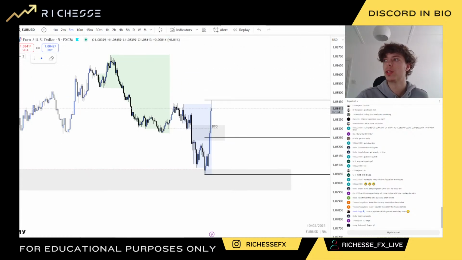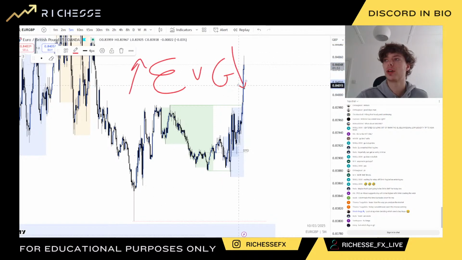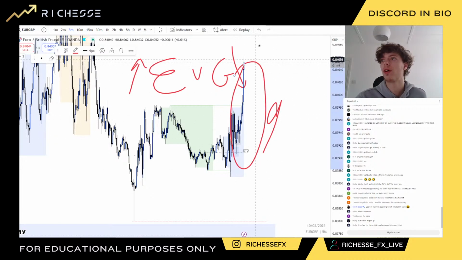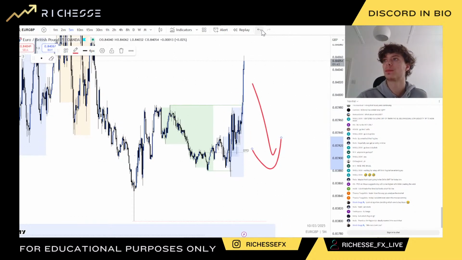Stu made a great point there, to be fair. It's very simple. Just look at this. Where are we heading? To the upside. So what does that mean? Euro versus the pound. Euro's going to go up. Pound's going to go down. Not definitely, but that's what it's looking like. And that's what's happened so far. Right, the euro has been stronger than the pound. If it went down, then it would have been the opposite.